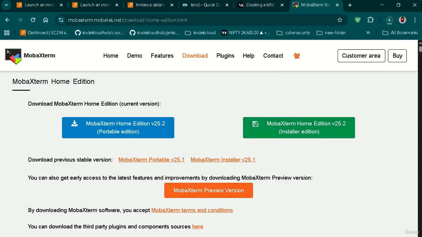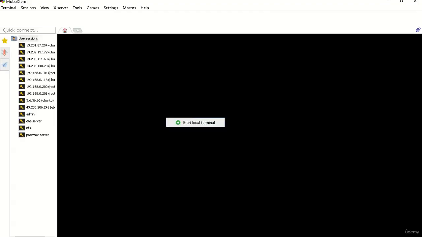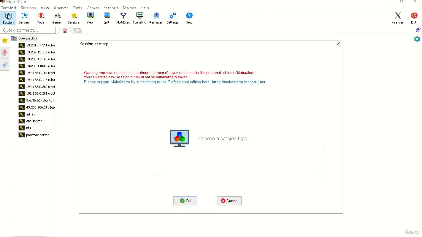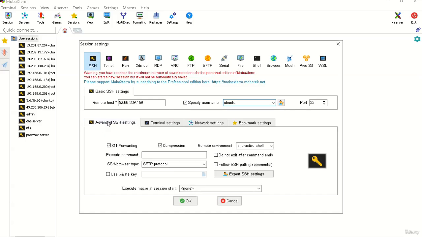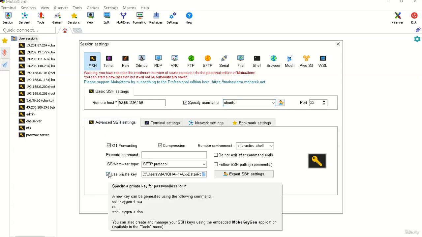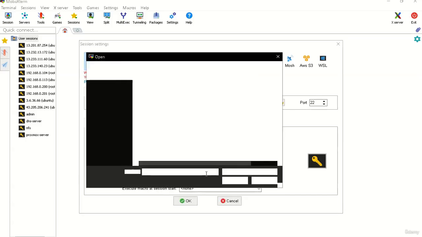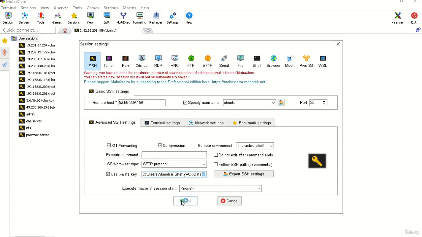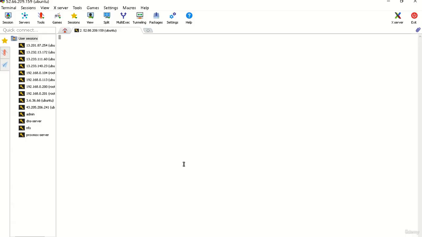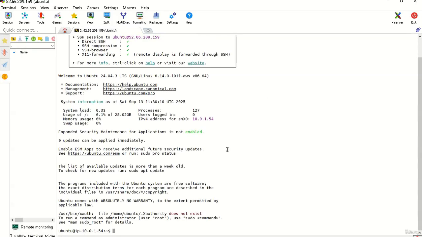Once this is done, you can connect. When you open MobaXterm, you have to grab the public IP of our server, and then connect with the user, which is ubuntu by default. So I'm using that, and then you have to fetch the key from here. Use a private key, and then select the private key which is here, and then it should connect. Some prompts it will give, and then, oh, it is connected. So once it is connected to the server,